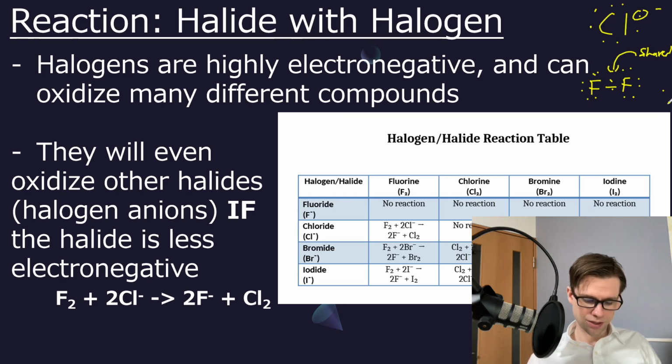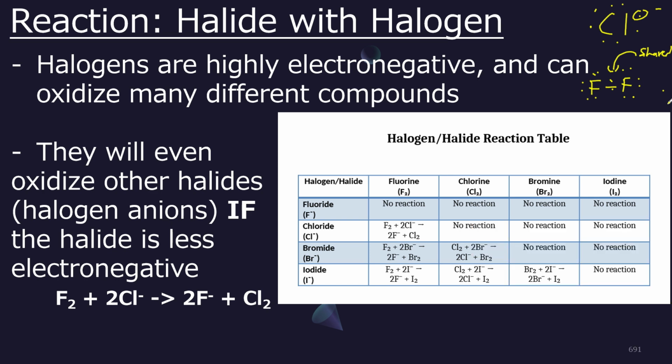So this is the way it works, and you can make this whole table I've written on the right side, halogen halide reaction table. So F minus, when mixed with anything, is no reaction, any of these halides and halogens anyway, because it's the most electronegative, 4.0 on the scale. So once it gets an electron, it's going to take some miracle or some crazy amount of energy to remove it. Just mixing it with other halides and halogens won't do anything.